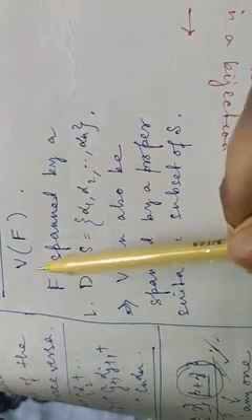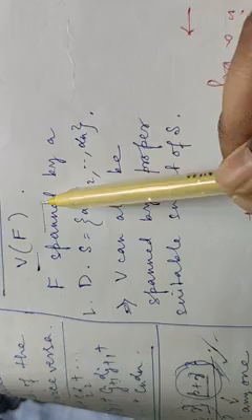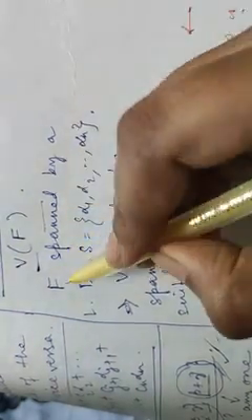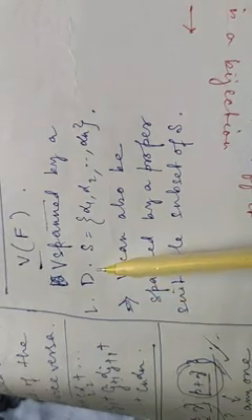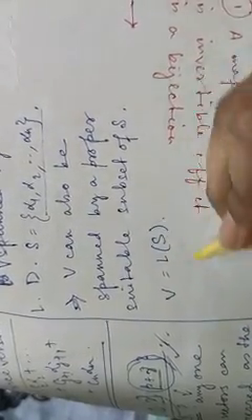So the deletion theorem states that suppose we have a vector space V over a field F, and V is spanned by a linearly dependent set S equals {alpha 1, alpha 2, ..., alpha n}. That means we can write V equals L(S), the notation for the spanning set, and here S is given linearly dependent. Then it says that V can also be spanned by a proper suitable subset of S.